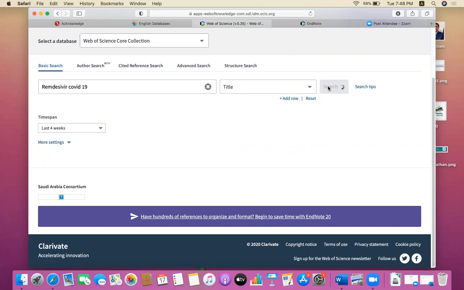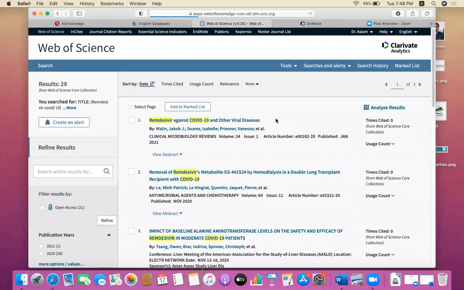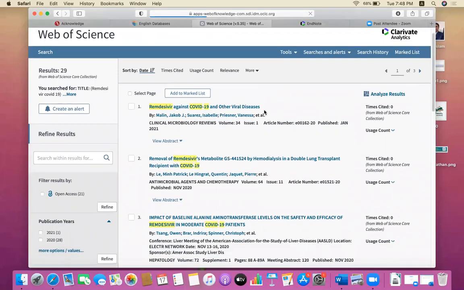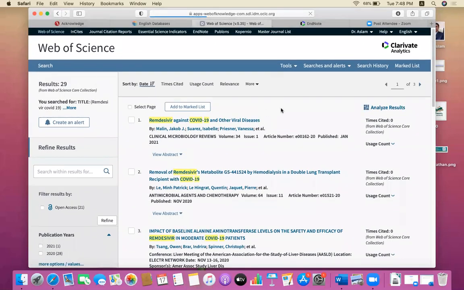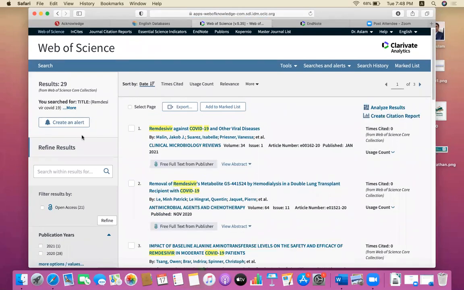So I will click on search, and the articles published in the last 4 weeks will be displayed here. Now they contain remdesivir COVID-19. There is also a filtering area, or filters.